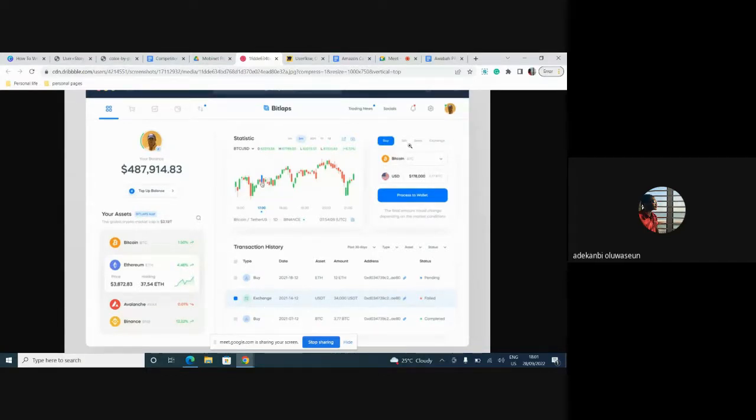Now there's buy, sell, right? You can call it the trade feature. It means that as a user, I want to be able to buy and sell digital assets. That is one feature. So as you're building this, you are building the trade feature. It will have its flow: you're buying or you're selling. Analytics, you're thinking about charting, like you're seeing the past data, the dates, the status. All of that comes under analytics as a feature.